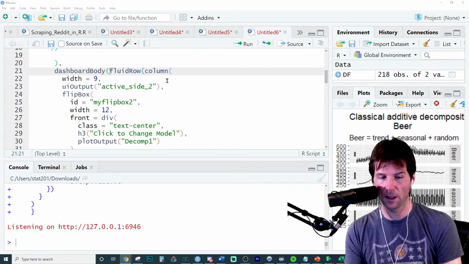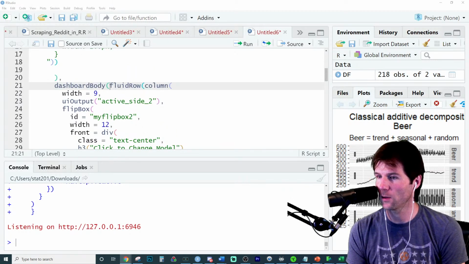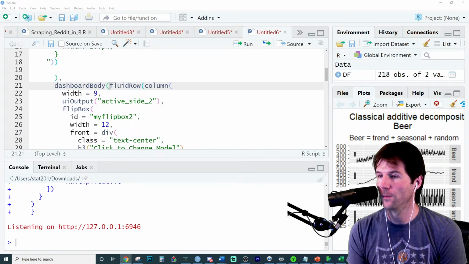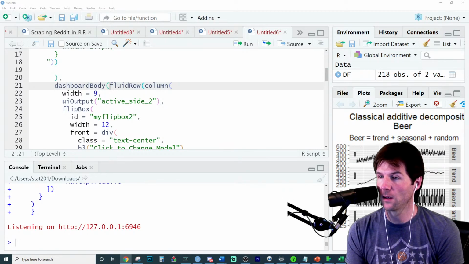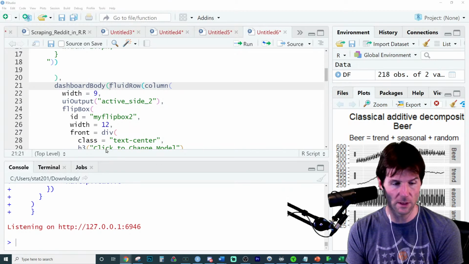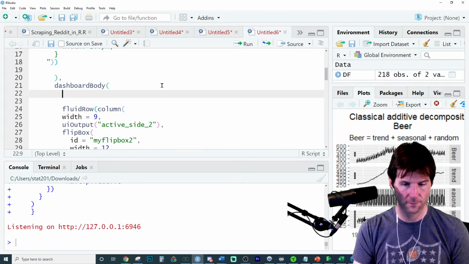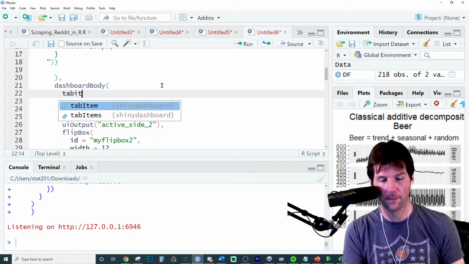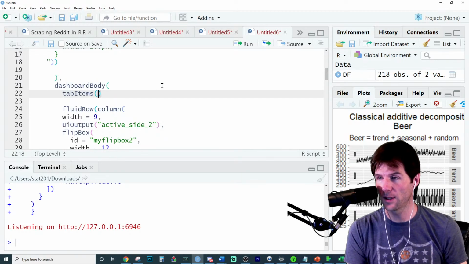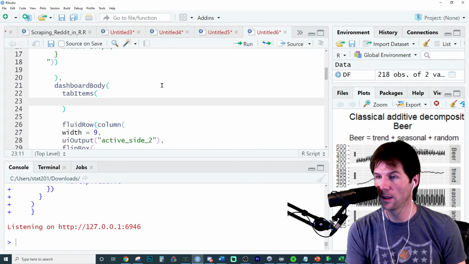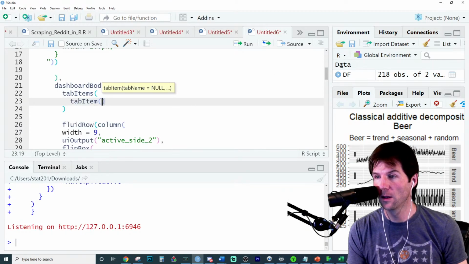It is dashboard. It was dashboard header. Am I wrong on that? I thought it was dashboard body. No, it's dashboard body. And then tab items inside of it. Tab item. And then inside of tab items, we put the tabs we want. Tab item. And so inside of this,